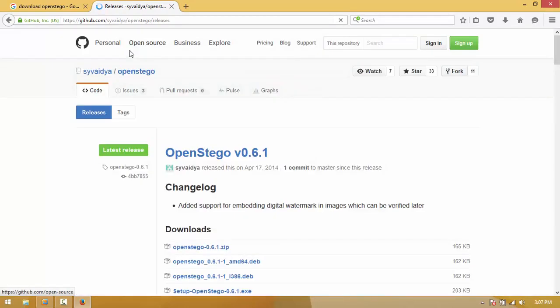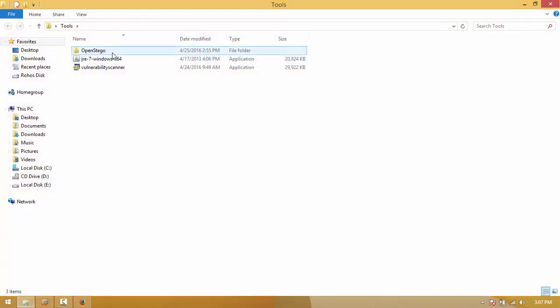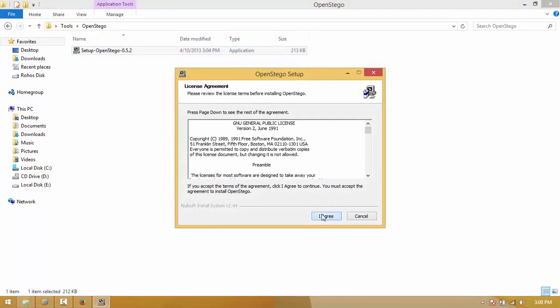Here we go to download, as we have downloaded it for you. Here you can see. So I'm going to install. It simply will execute, a small file, and we can